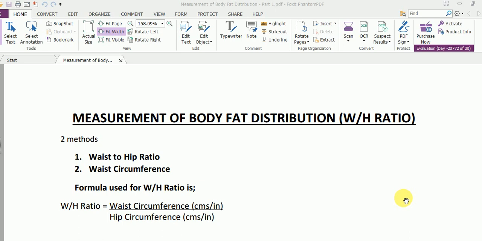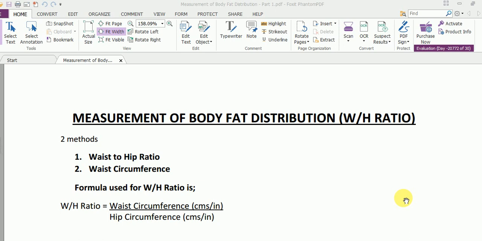Okay, so in my previous video you have learned about the distribution of body fat, why it is important and what it indicates. So today in this particular video I am going to talk about how you can measure your body fat distribution. Basically there are two methods. In this video I am going to cover only one method, which is known as waist to hip ratio. So the two methods are, number one, waist to hip ratio, and number two, waist